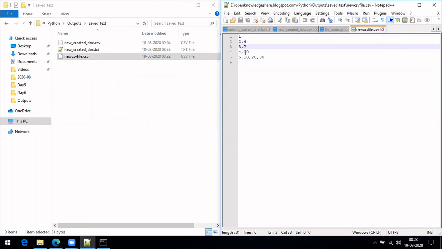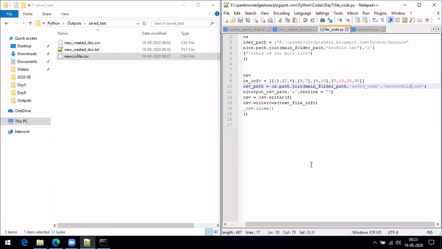That is why CSV means comma separated values, I guess. If you open it in an Excel file, you'll get one value in each cell. So this is about writing into CSV, and even though you used append, it has added to it.